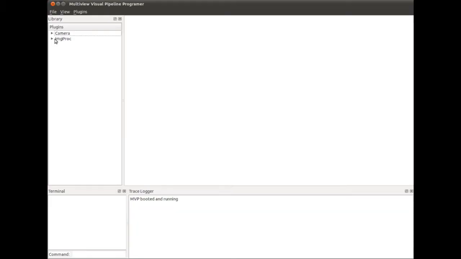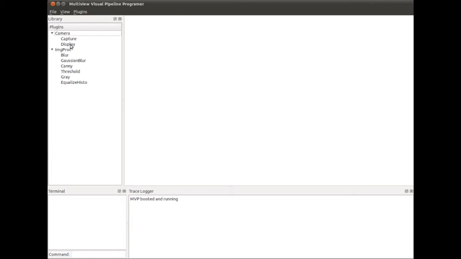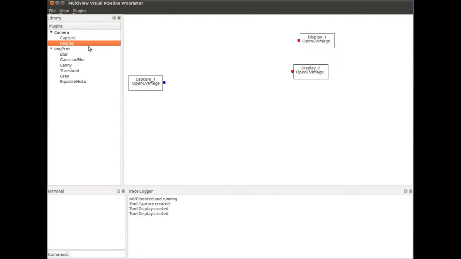The GUI is composed of 4 parts. The first part is the plugin library, which is essentially the list of all the plugins that is in the GUI and of all the tools that are within those plugins. And then there's the canvas, which is where the person actually creates the PPG. And the PPG is composed of the different tools that were in that plugin library, and those tools then become the nodes in the graph,